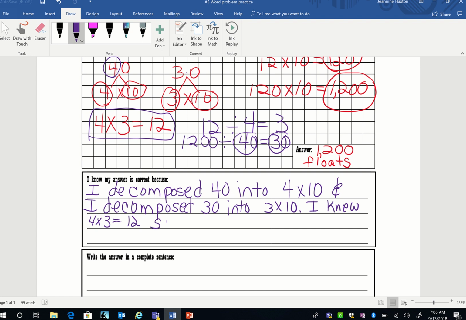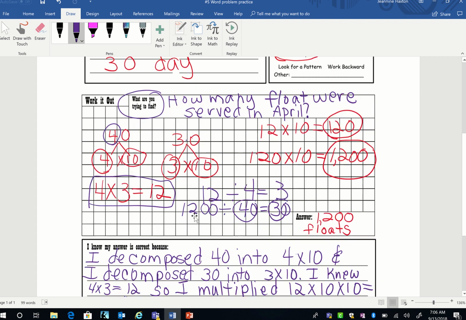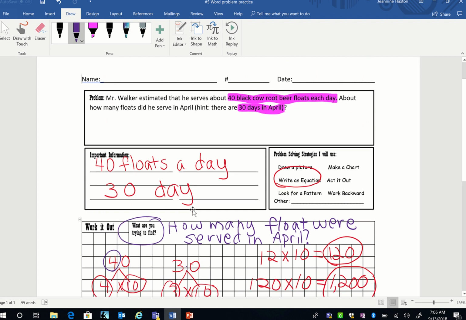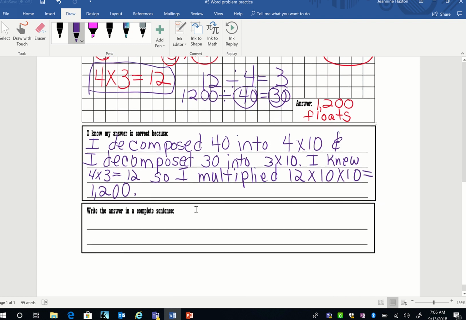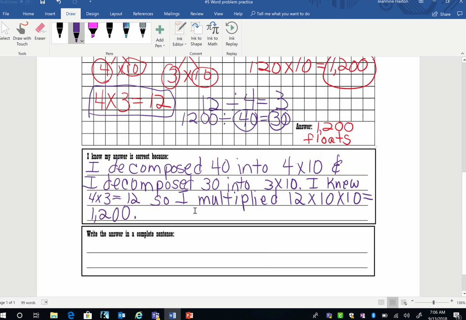So I multiplied 12 times 10 and then times 10 again, and it equaled 1,200. Then at the end, they're asking about the float, so I don't want to say the answer is, I want to say, so